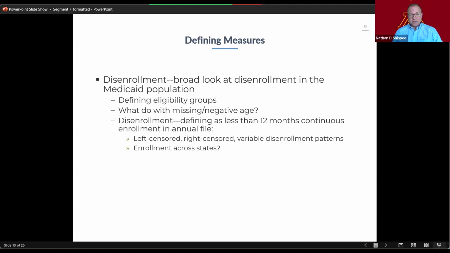Now, this is a problem that we mention in Medicare 101 as well. What do you do with people who become newly enrolled at some point during the year if you are saying that you want all months to be enrolled? What do you do with that? Or it could be right censored. Somebody leaves enrollment for some reason. Now, you may have death information on that, but you may not. If you're just looking at the TAF data, you don't really have any information on enrollment elsewhere or what else is going on in their life. And so you need to make a decision. What happens if somebody leaves in October